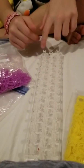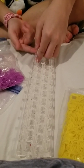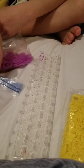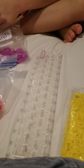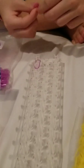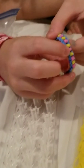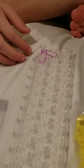So first you're going to take your first color, which for me will be violet, and I will put it on these 2 pegs. Now I'm going to take the next one, which for me will be purple because it will be easier to demonstrate. You're going to take your next color, put it one on top. And then whatever color you want to be the outline, you will take that color